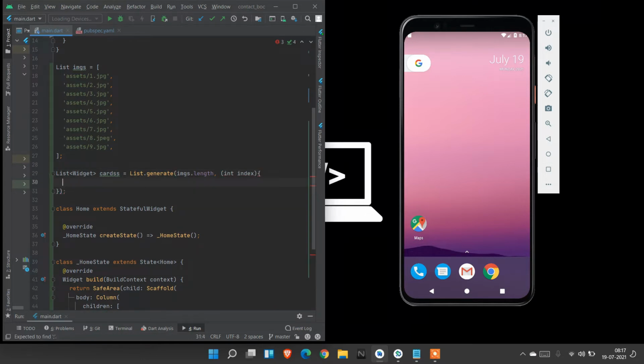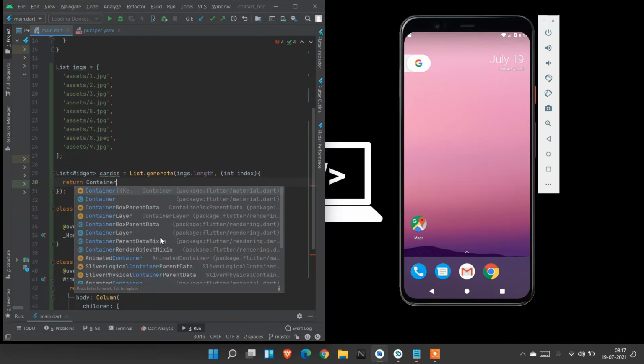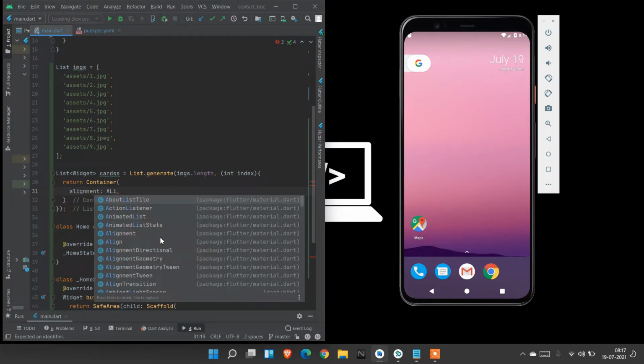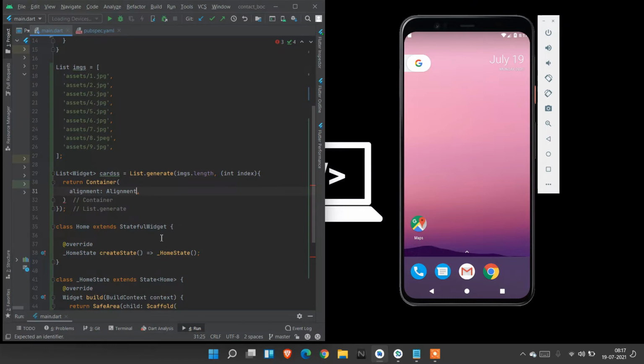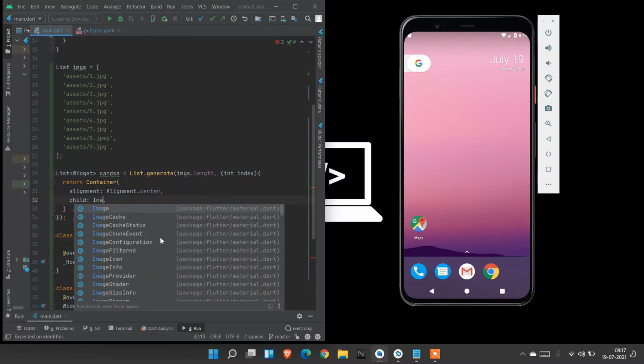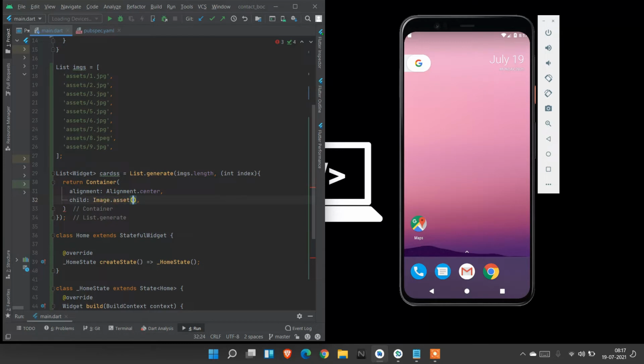Inside the anonymous method I am going to return a container. Inside the container the alignment must be center, and I am going to place a child of Image dot asset, images of index, and I use fit to be BoxFit dot fill.